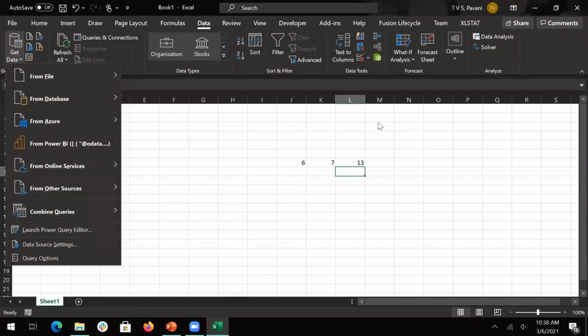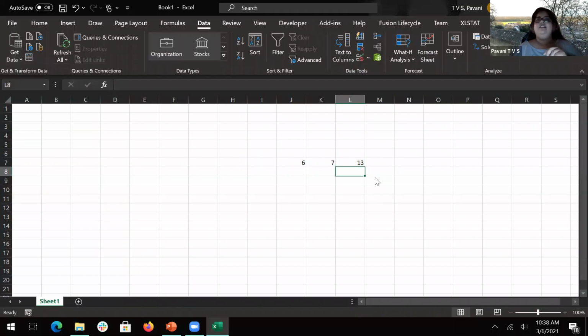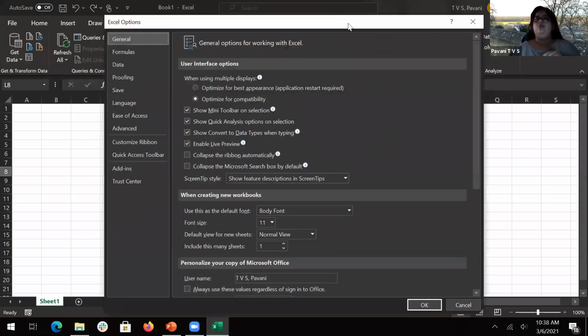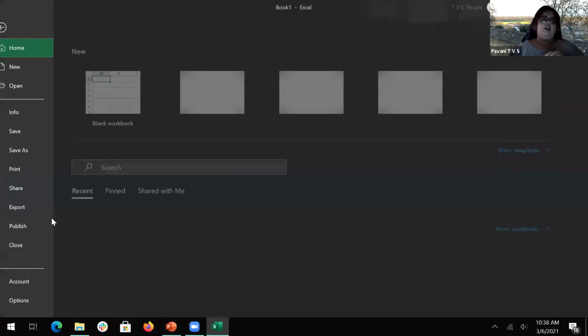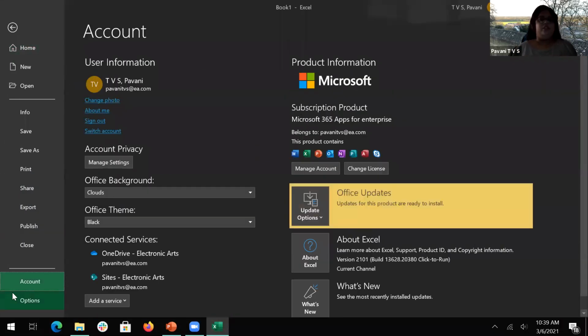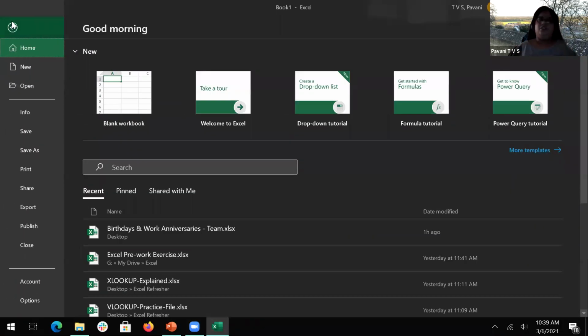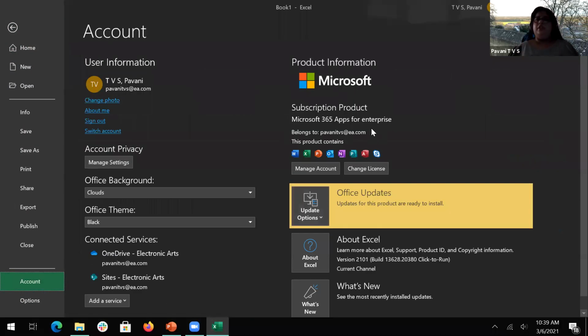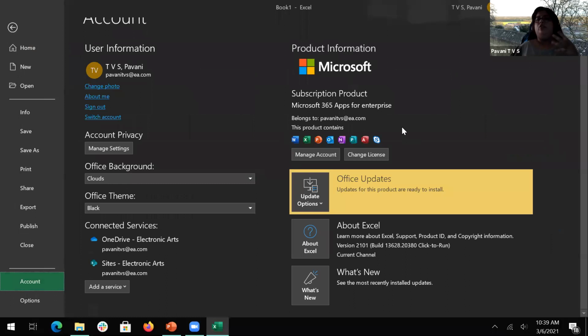Pavni, quick question. You're getting all this because you have some different licenses, is it? Okay, I'll show you especially what Azure is. My license is Office 365, so that's why I'm getting all this. And this is a corporate account. Here, you can just go to your File tab, the first one, and go to your account. You'll see here Microsoft, whatever version you have. So this being a corporate account, I have a lot of other accesses available to me, but it depends on what version you have. You might have seen in that particular pre-work section, I asked you to check what Microsoft version you have. So that's the reason. I hope I answered the question, Ankur.